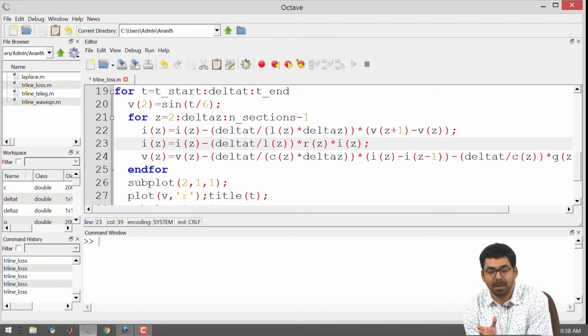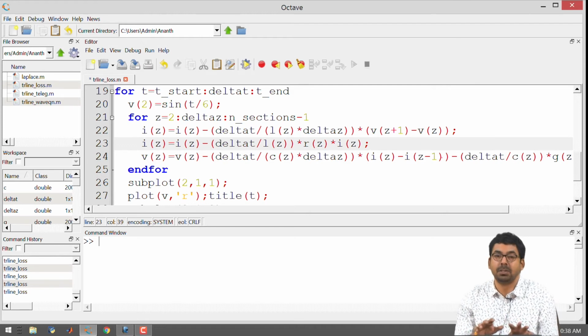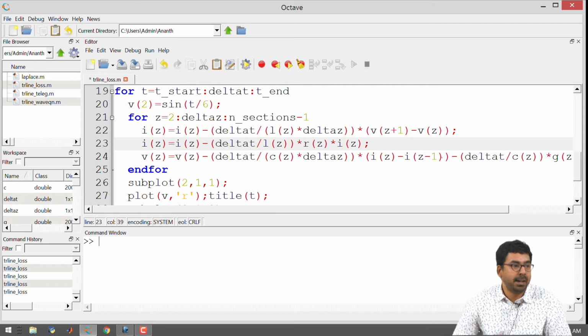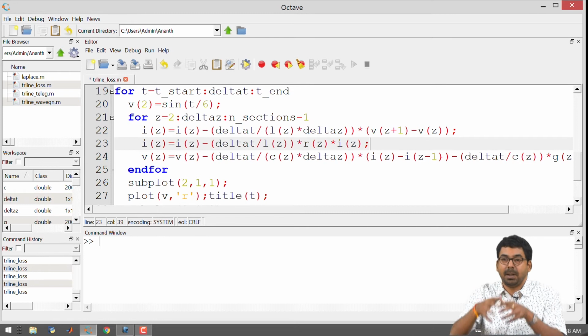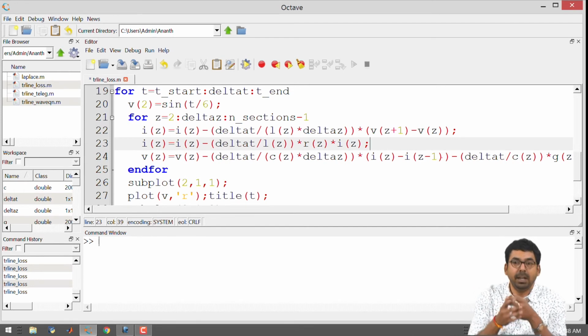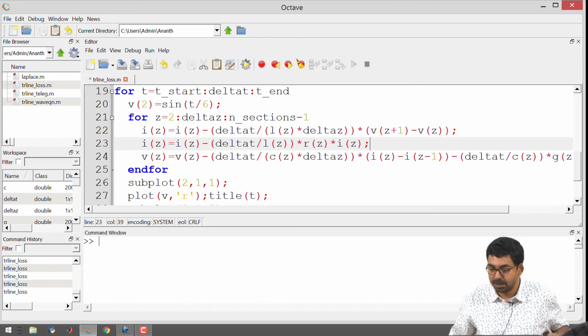So, it may be that sometimes you make changes to the program and you get some unexpected results. It is not because you are doing it incorrectly, it is just because of the way it works, right. It needs some thought as to when you add some term or subtract some term, etc. You need to be very careful where you are doing what. Now, I will do this for the voltage term also.